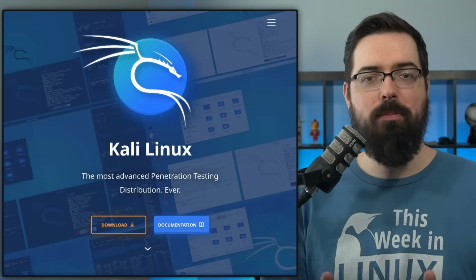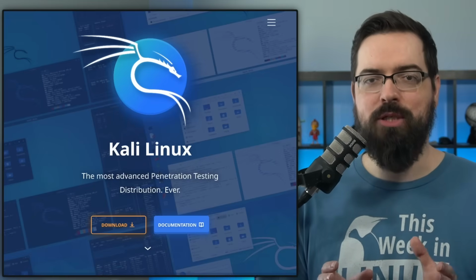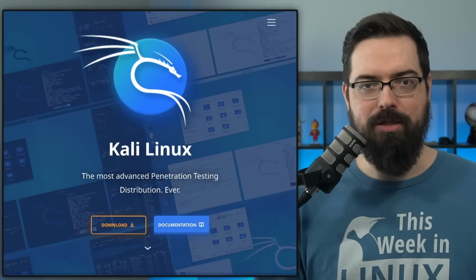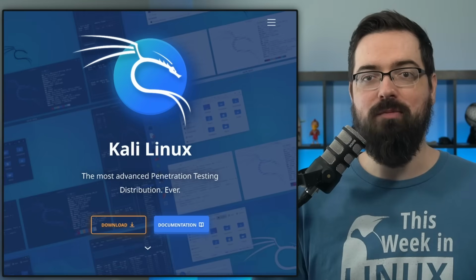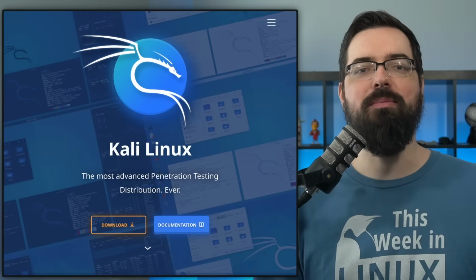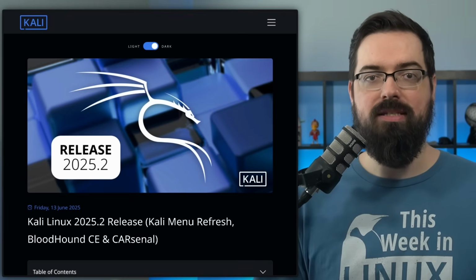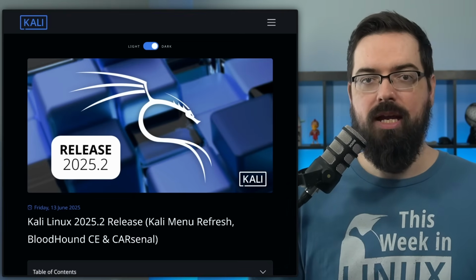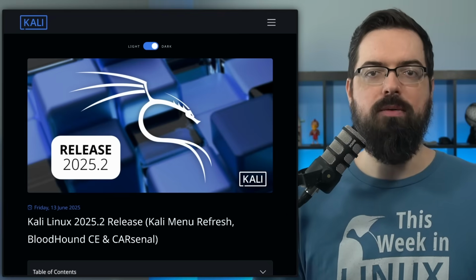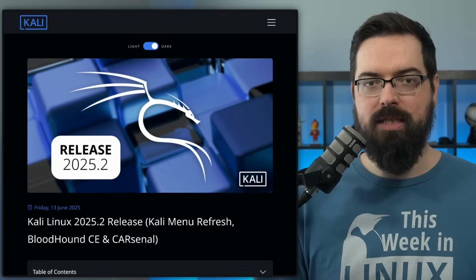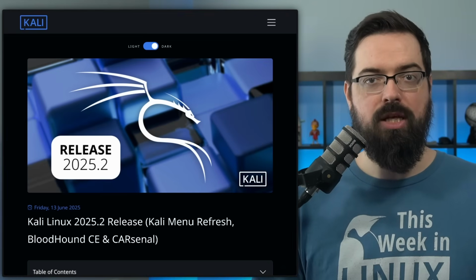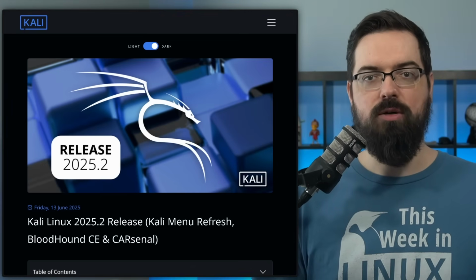Kali Linux just sharpened its claws. Now even your smartwatch can throw Wi-Fi punches. This offensive security platform for penetration testing just got even better. Kali Linux 2025.2 has been released. This is the second quarterly release of the year. It rolls out with a refreshed tool menu, GNOME 48, Plasma 6.3, Bloodhound Community Edition, 13 new tools, and kernel